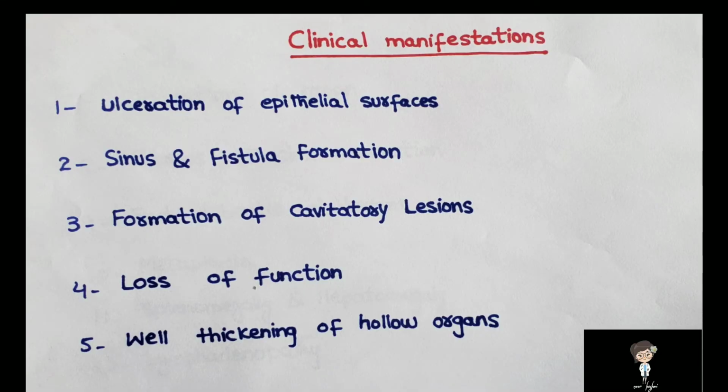Now let's see some common clinical manifestations caused by chronic inflammation. Some of them we discussed in microscopic and macroscopic features. They include ulceration of epithelial surfaces, sinus and fistula formation, formation of cavitatory lesions, loss of function, wall thickening of hollow organs, stricture formation,